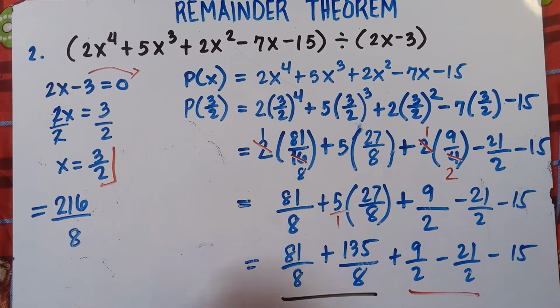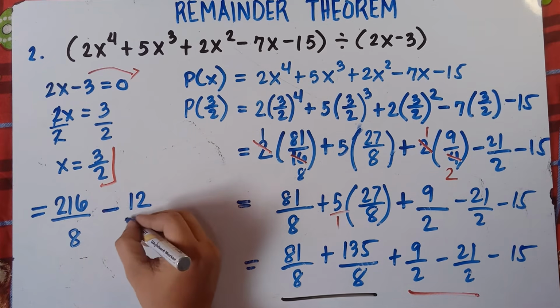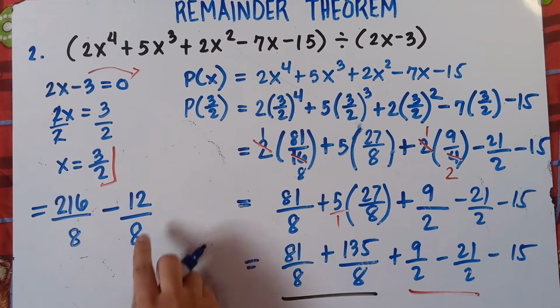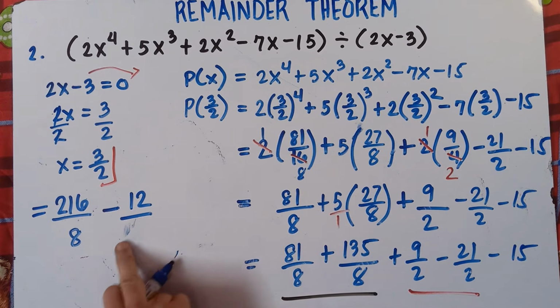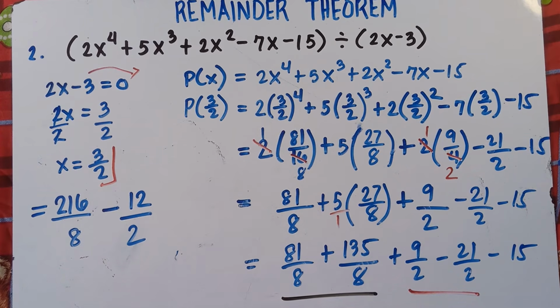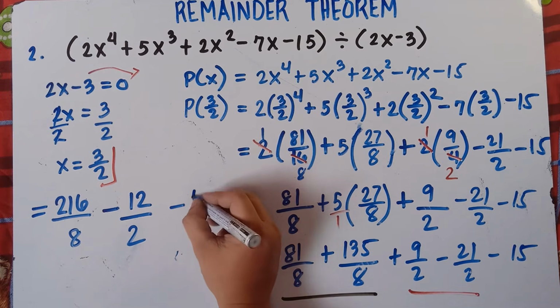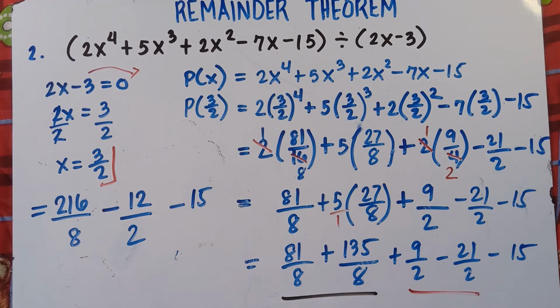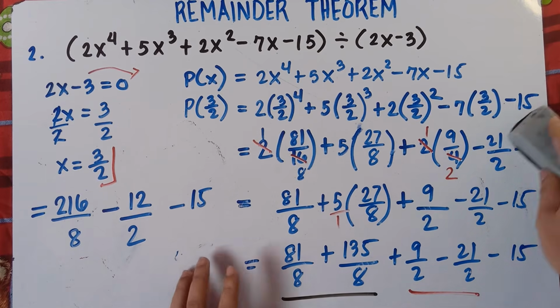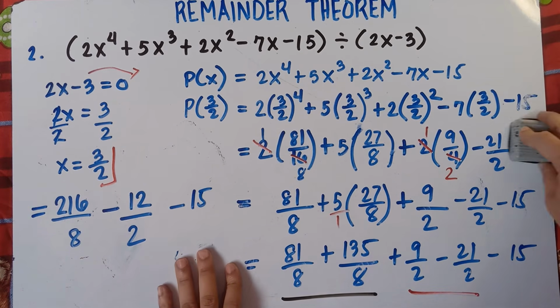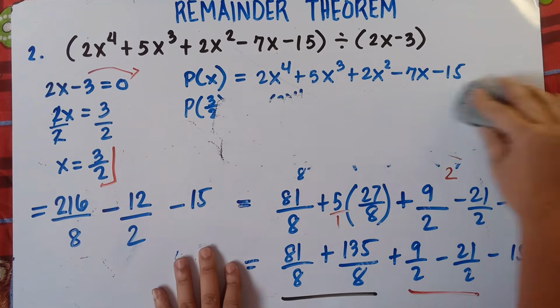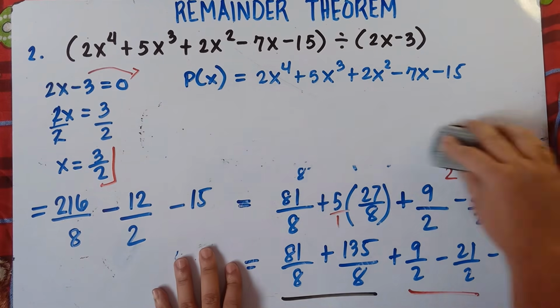Alright, so this will be negative 12 over 2. Over 2 plus, copy the denominator. And then minus 15. Copy the last number, 15. So let me erase this part, class. You pause the video, we don't have enough space. So once again,